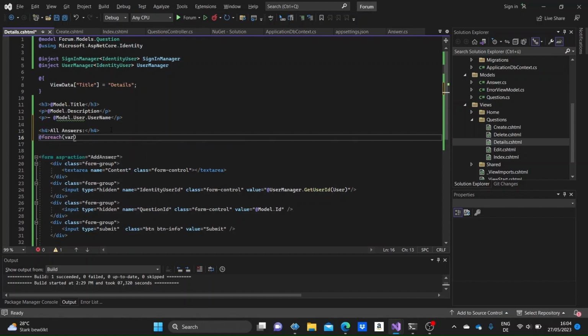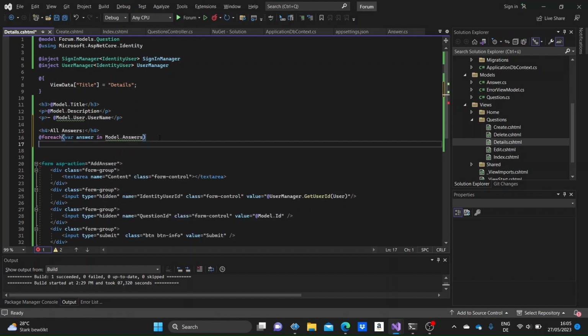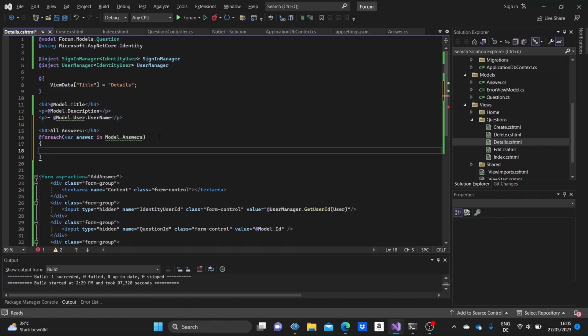So I'll just make a for each loop to loop through all the answers. So for the answers in model.answers,